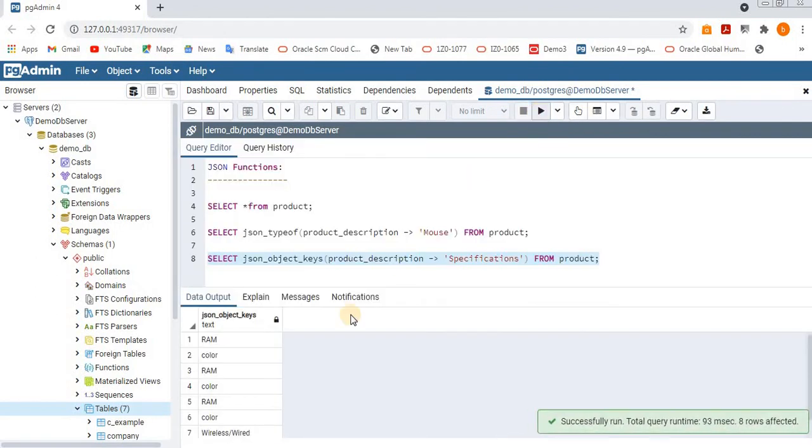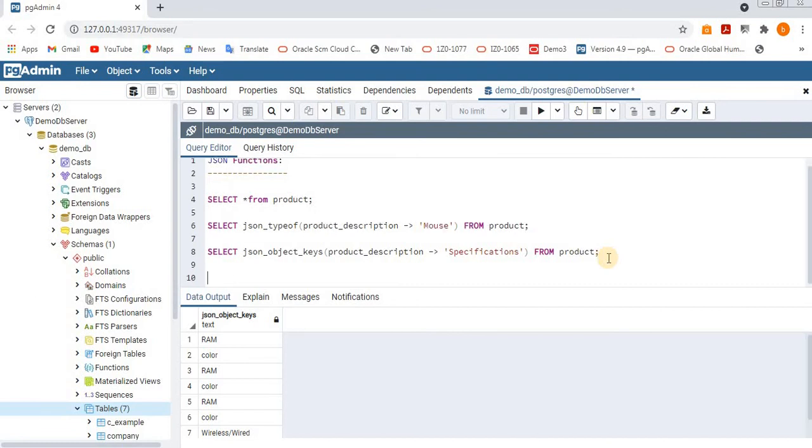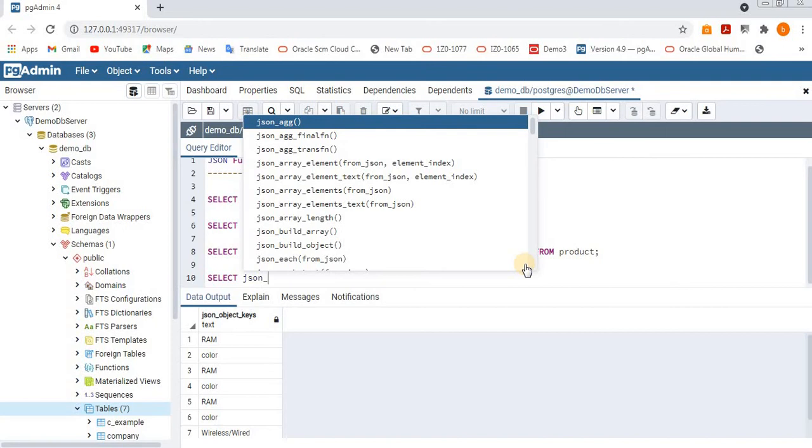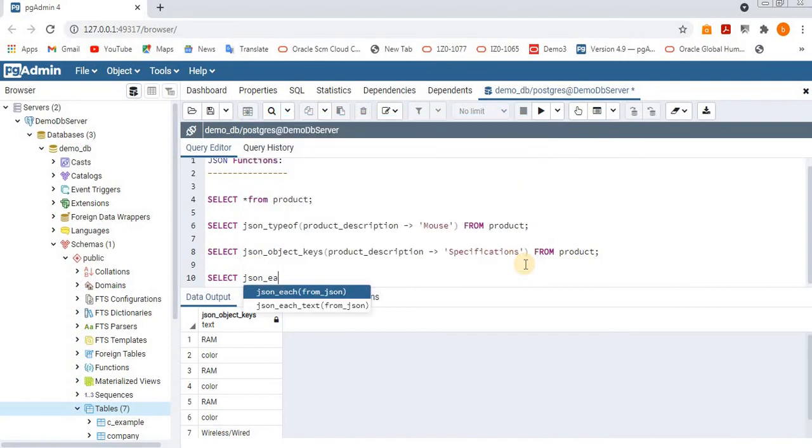See here, we got the exact data. This is the meaning of the object keys function. The other one is JSON each. Select JSON each, so each column will come from product.